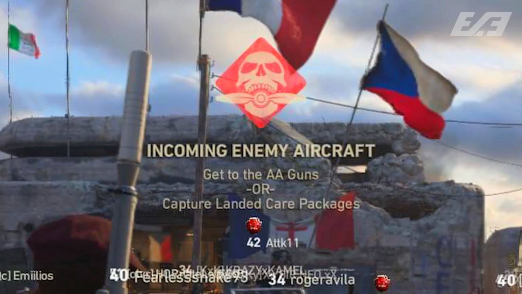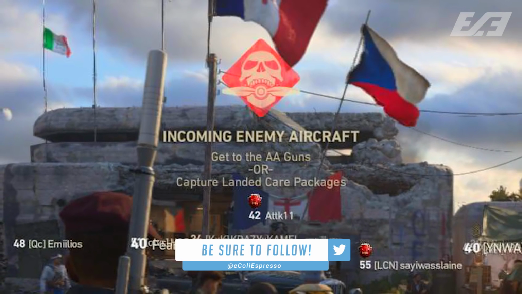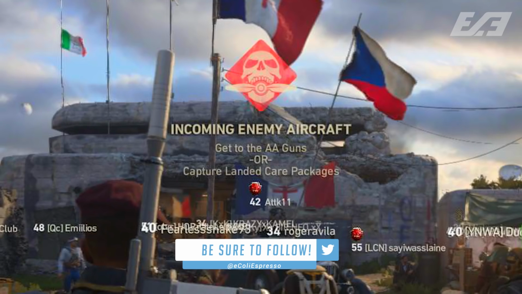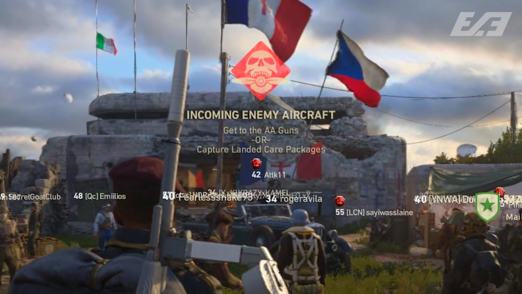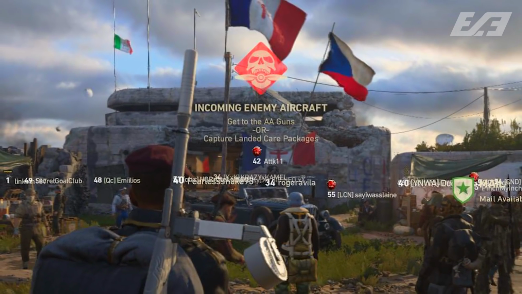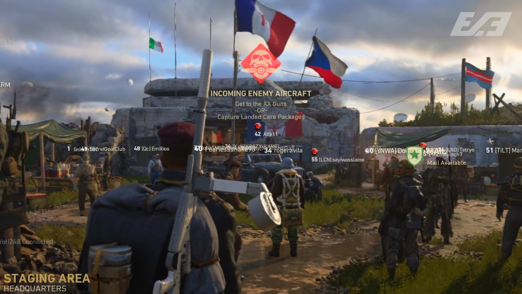Next thing up on the list is one that, honestly, I am really excited to play around with, but that might just be because I haven't experienced it yet: the flak gun event within the headquarters. Now, this might be one of those ones where you can say, well, what do you mean it's not in the game? I've played it. Well, as it stands right now, the flak gun event still has not been rolled out to everybody,